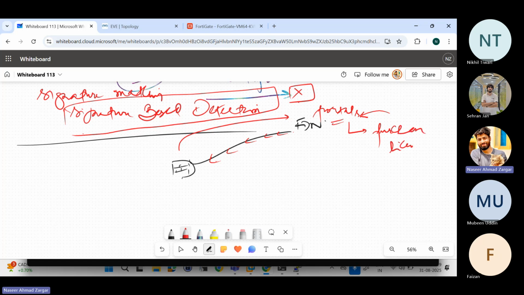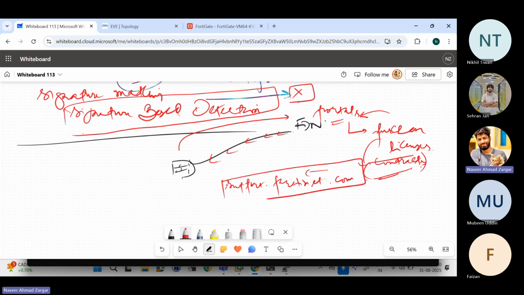Purchase licenses, right? And they call these contracts, by the way. They don't call them licenses, they call these contracts. Plus, the portal is support.fortinet.com. Support.fortinet.com is one of the portals, and you basically create an account there,